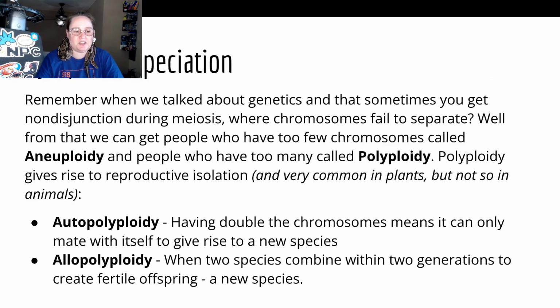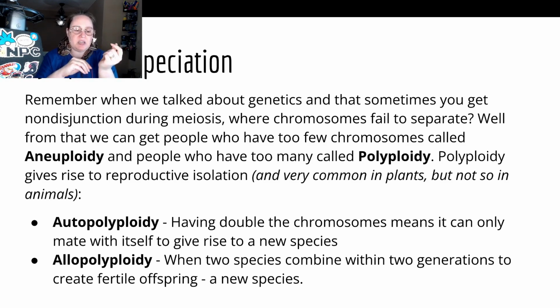So, anyway, sympatric speciation. We talked about genetics, and sometimes you get non-disjunction during meiosis. So sympatric, usually the basis of this is, I'm sorry, it's getting darker and darker out. Of course, the storm's coming in. But anyway, remember non-disjunction, where sometimes chromosomes fail to separate? Sympatric usually starts on a genetic level, whereas allopatric usually starts on a physical level in some form or fashion.